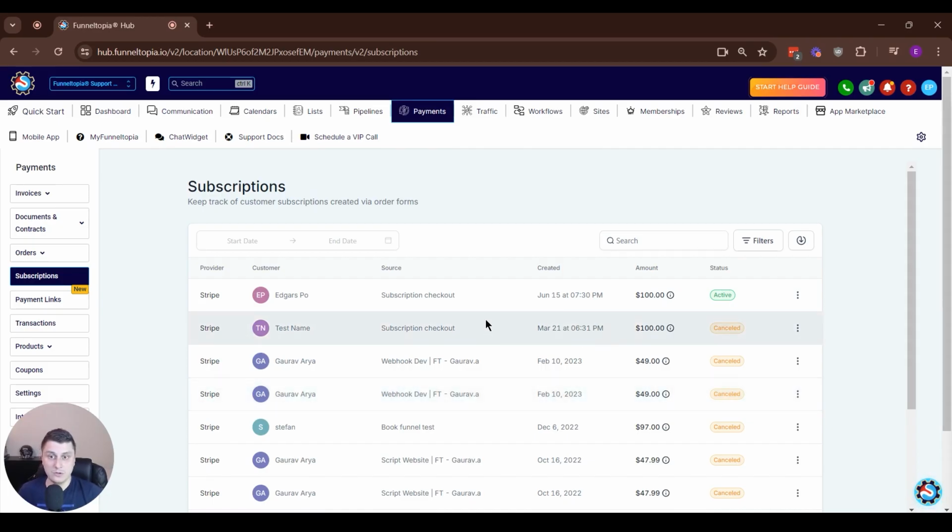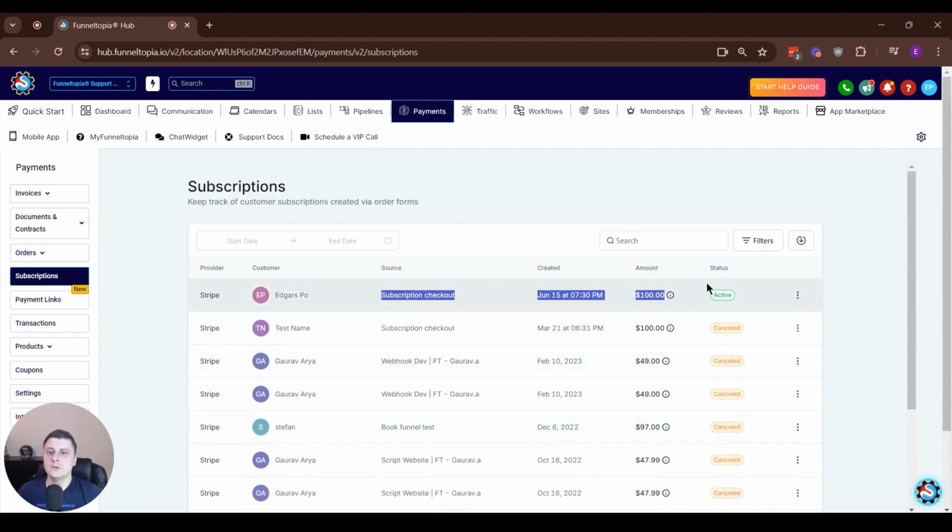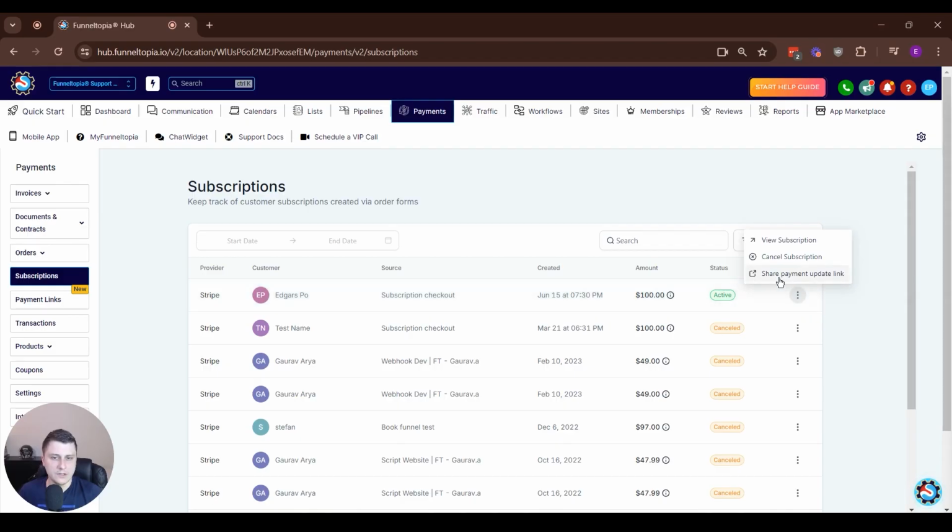So just to show you what it actually looks like instead of me talking, it's under Payments, Subscriptions. Here you see all the subscriptions you have, right? So let's say this person just reached out and said, hey, the payment fell through, or they just know that they have a new card and they still want you to charge them for this subscription, but they have a new card now. What do I do? So you find their subscription, and over here with the three dots,